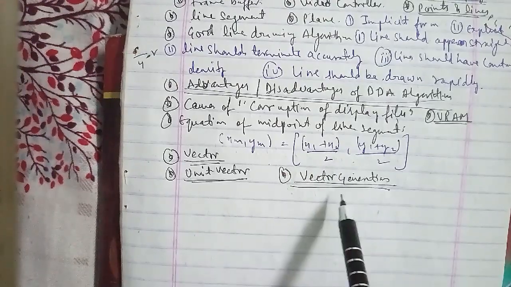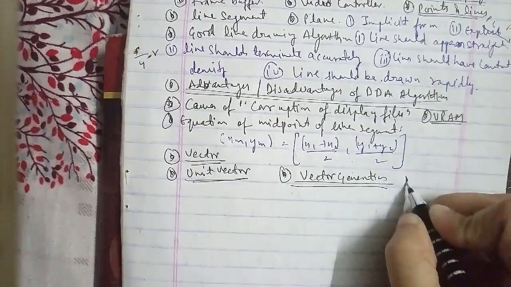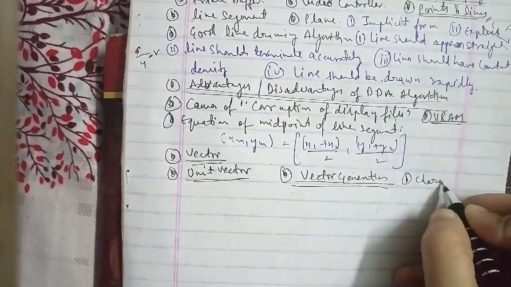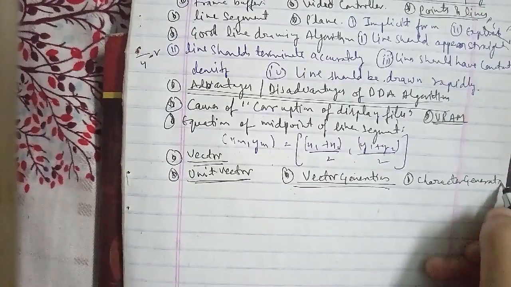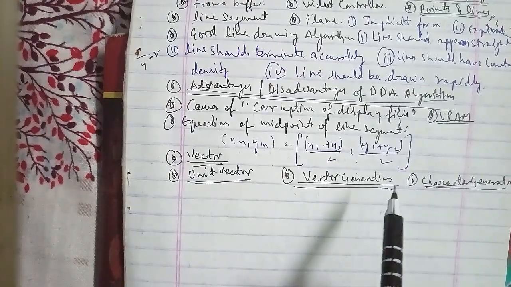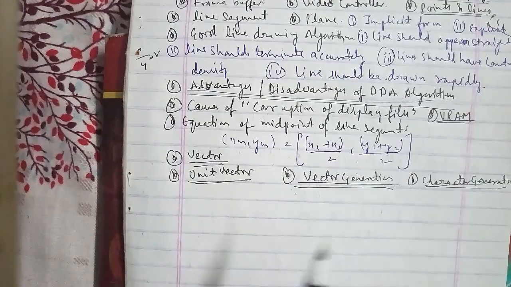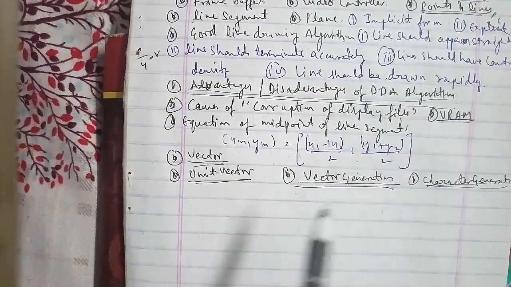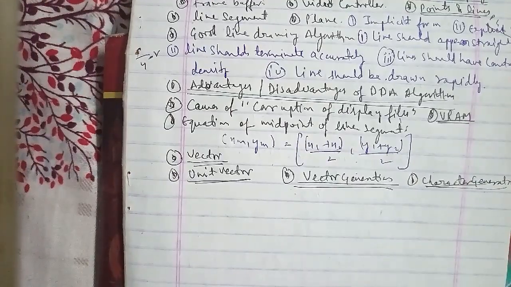Now we'll discuss the other question, that is to define the character generator. A character generator is a device or software that produces static or animated text for keying into a video stream as well. Now we'll go ahead with the other question, that is: what are flat panel display devices?